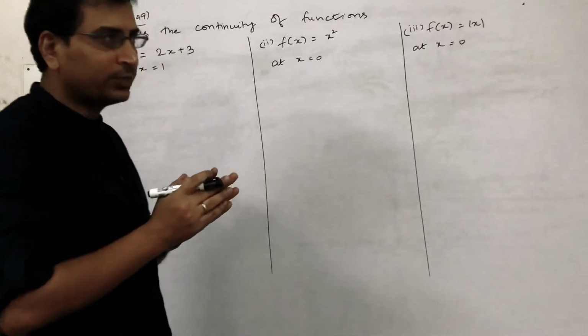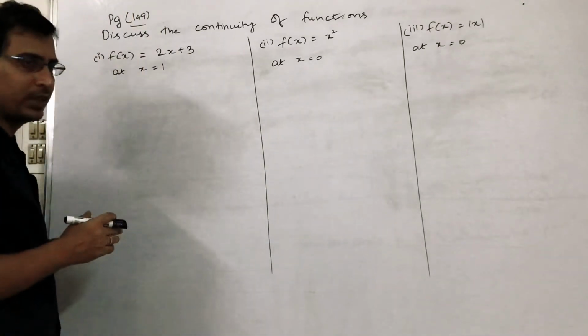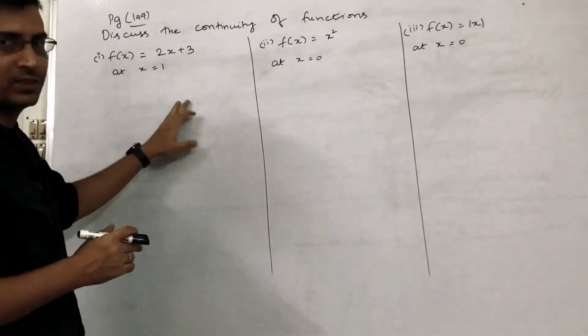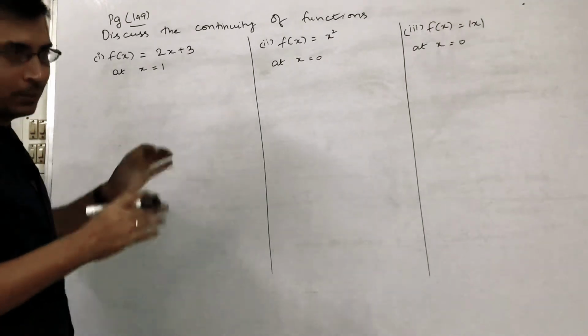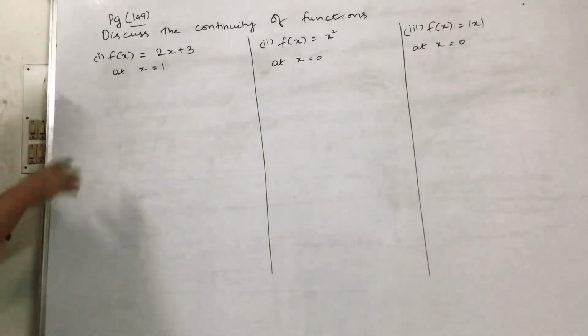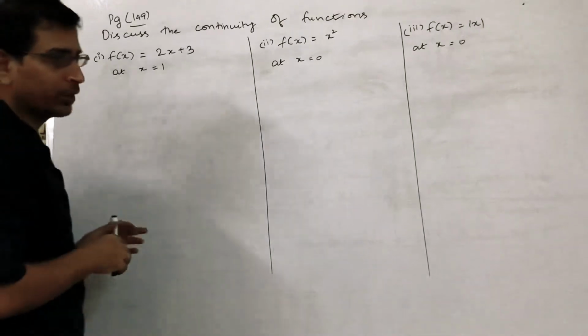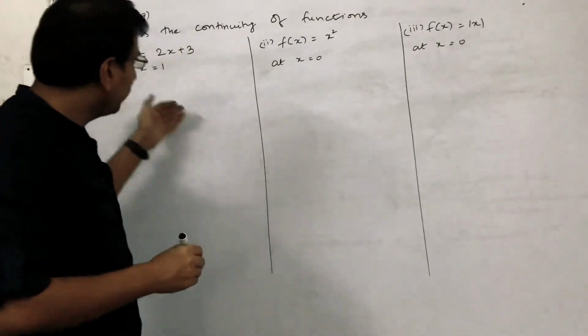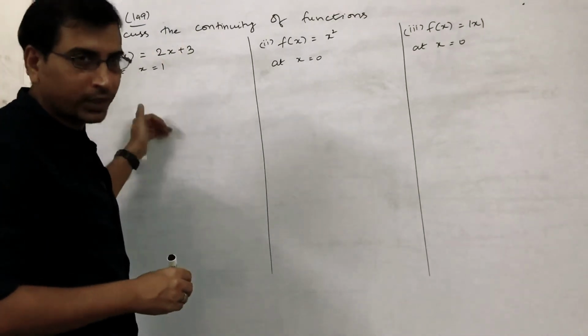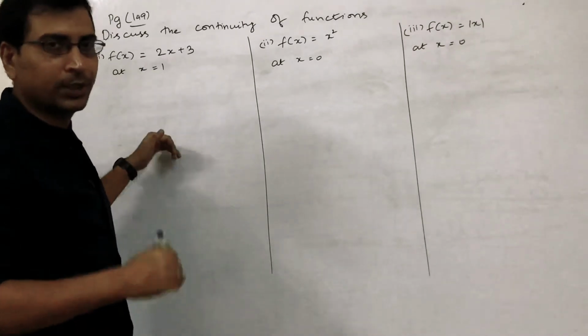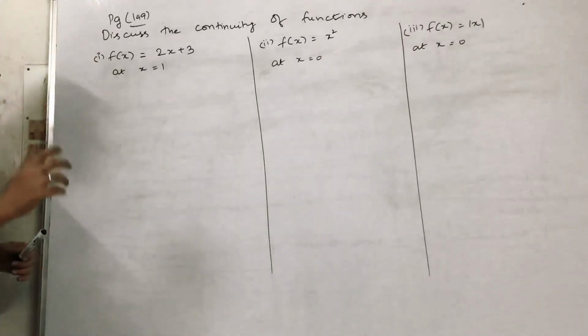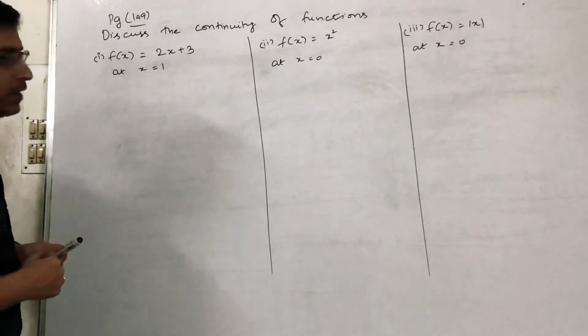If you observe your textbook, it would have been solved in one step. It would have taken the limit as x tends to 1, f of x is equal to f of c, and proved it. But I would suggest you go according to the method I taught you. Try to find the left limit, the right limit, and then the function value and proceed, so that you will have a better clarity of what exactly is happening inside the function.